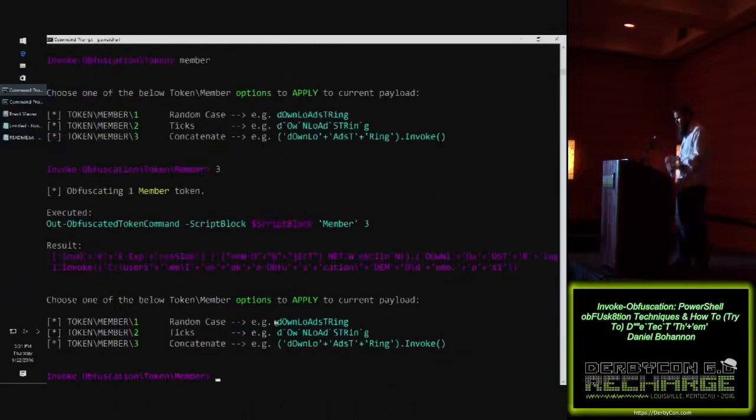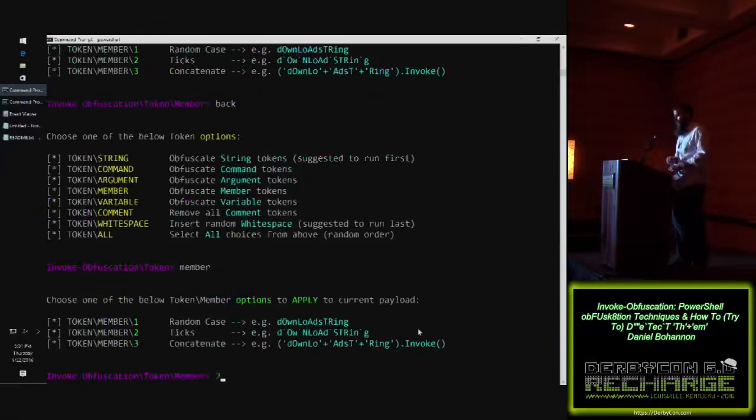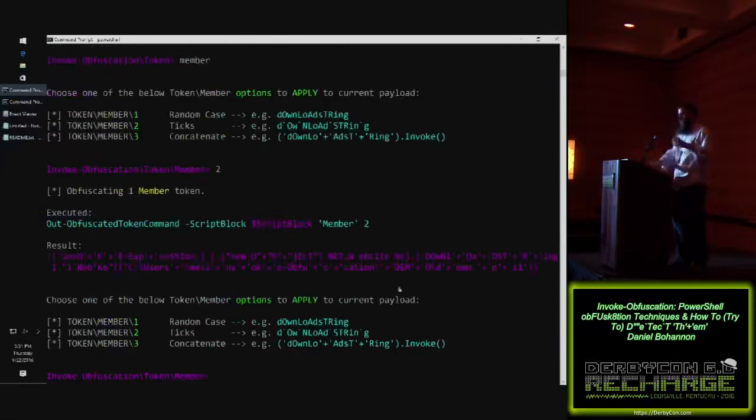We'll go with concatenation. Now, if you notice with this, when you concatenate it, remember you have to add a .invoke member. So sometimes certain obfuscation techniques will introduce one that you haven't covered before. So it's always nice to go back and run it 1 or 2 times to catch that. So we'll go back into the member obfuscation and rerun it to make sure we get that invoke so we don't leave anything untouched. So we'll do the tick obfuscation. Now invoke is obfuscated. So that's everything in the command